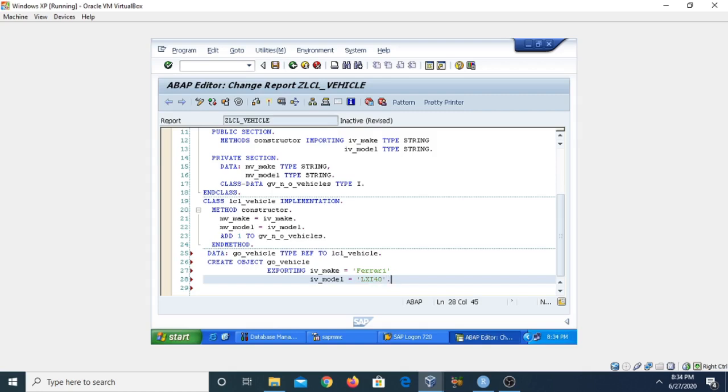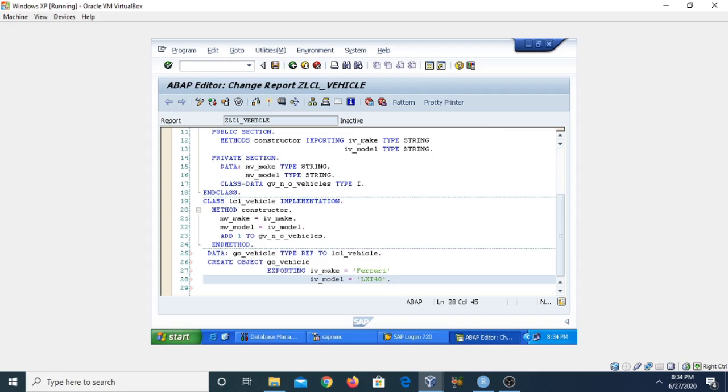So you can see when the constructor of the class will be called, when we are creating the object of a class, the parameters will be exported from this one to this one, and then this constructor will assign the parameter values to the attributes of a class.